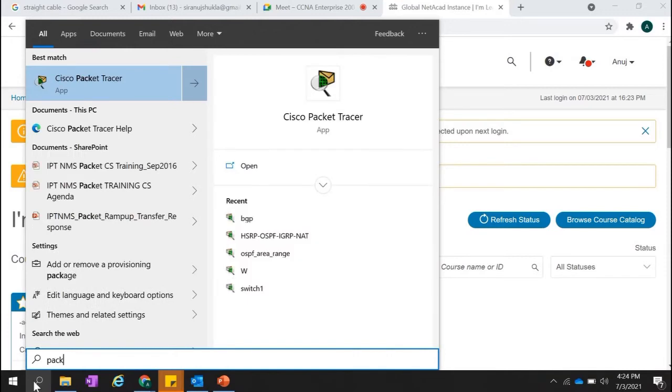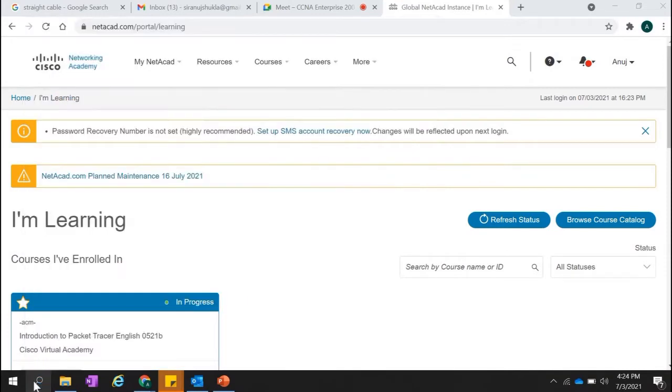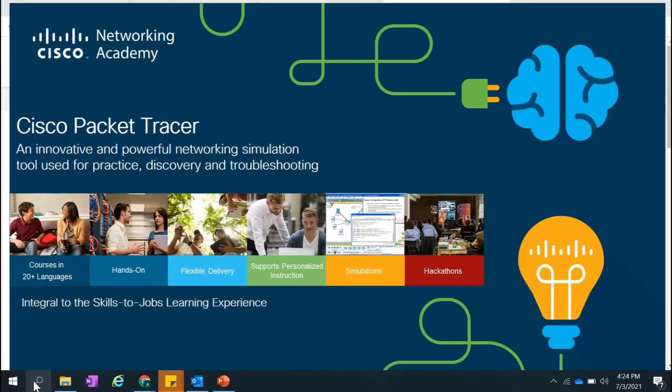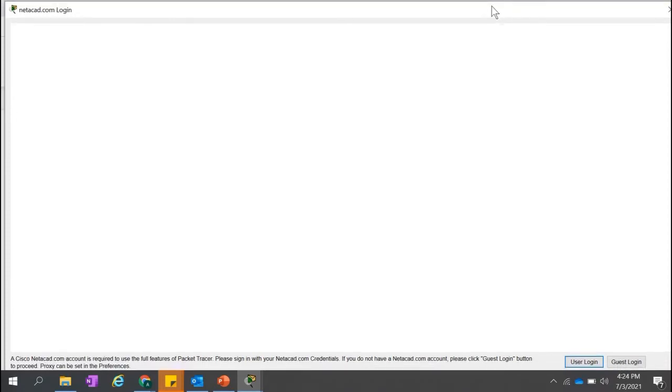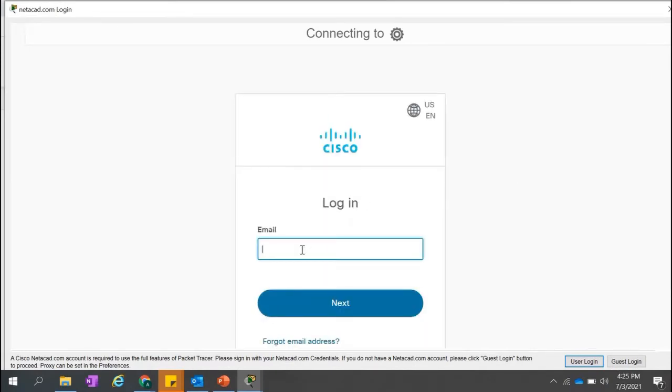Packet Tracer. If you sign up here, you can log in to Packet Tracer. If you don't want to, or you have already used the free account, then you can use the guest version. Once you open it, it automatically redirects you to the login page like this. It is connecting to the internet and it will give you the login. So you have two options. Either you can sign up over there and log in here, else you can use the guest login, right? You just have to click here, guest login,